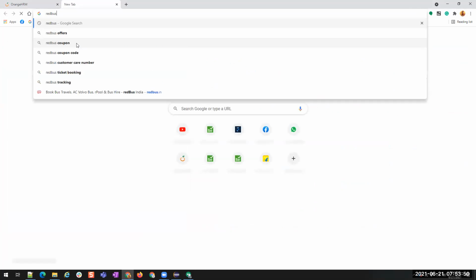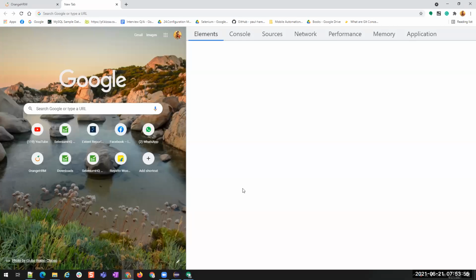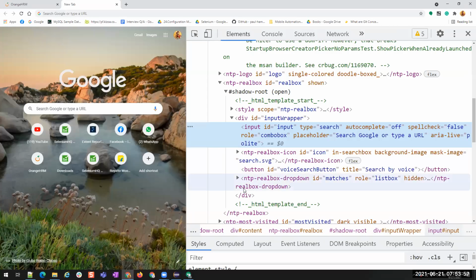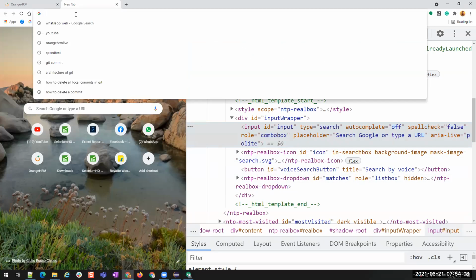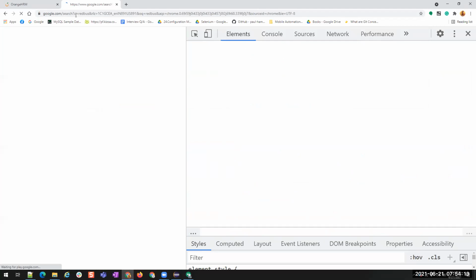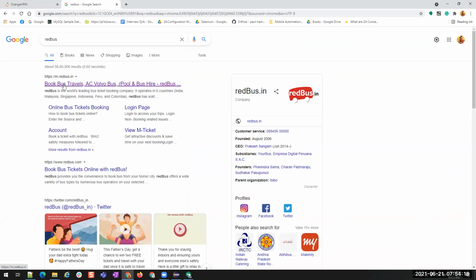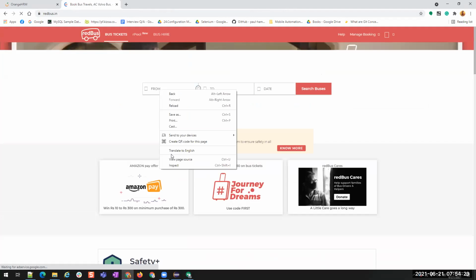Okay, I'll go to other sites, or even Gmail. Let's see this. Inspect. Okay, let's go to this side, then let's see this element.